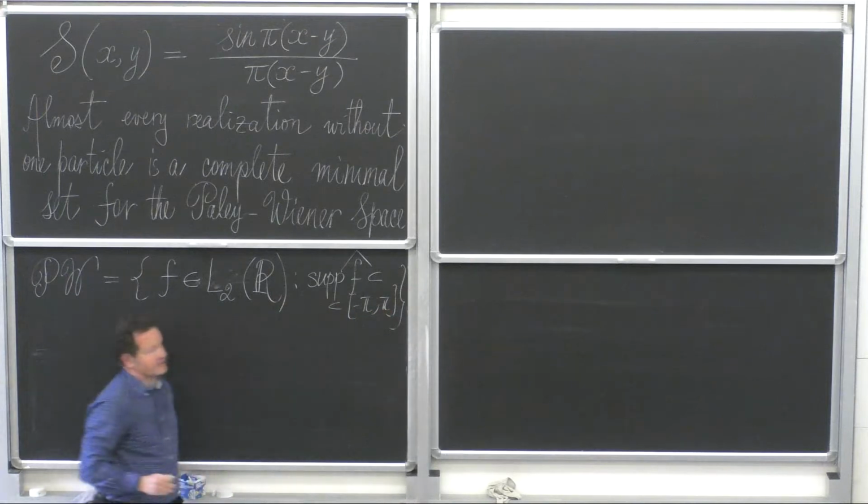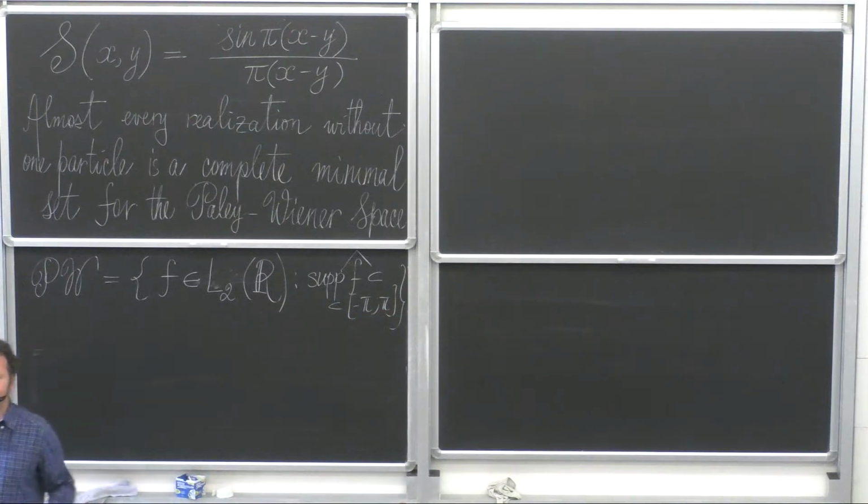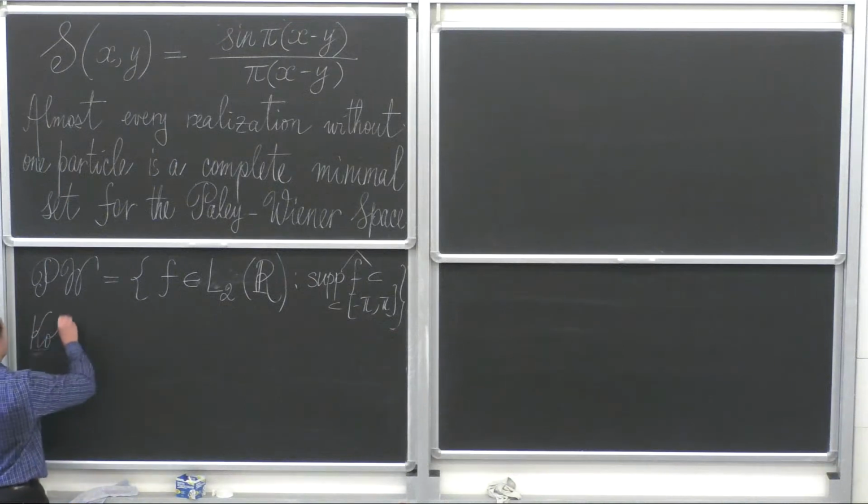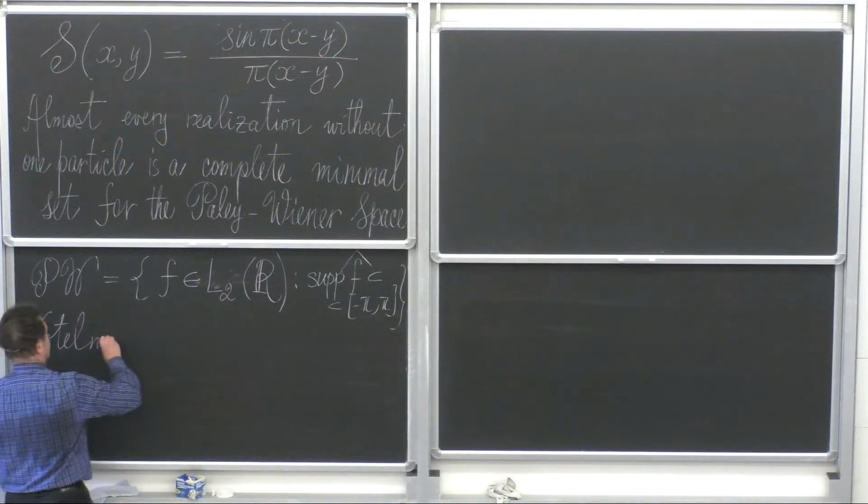So all functions in the Paley-Wiener space are entire, and we can ask ourselves a classical question: how these functions are reconstructed, are sampled from their values on a discrete subset of the real line. And the first result in this direction is the Kotelnikov theorem from 1933,